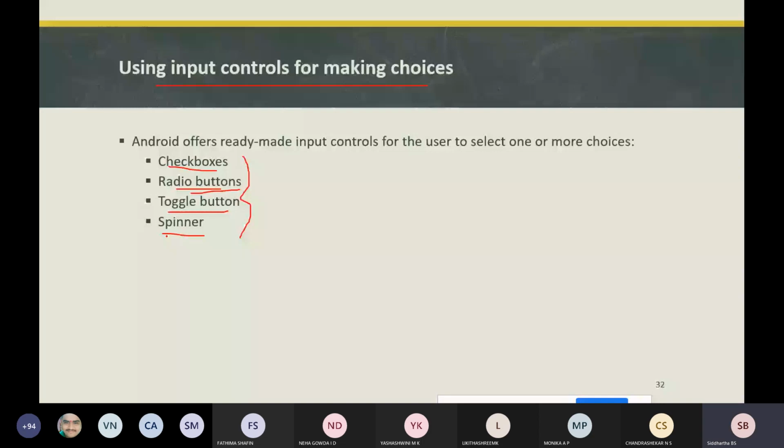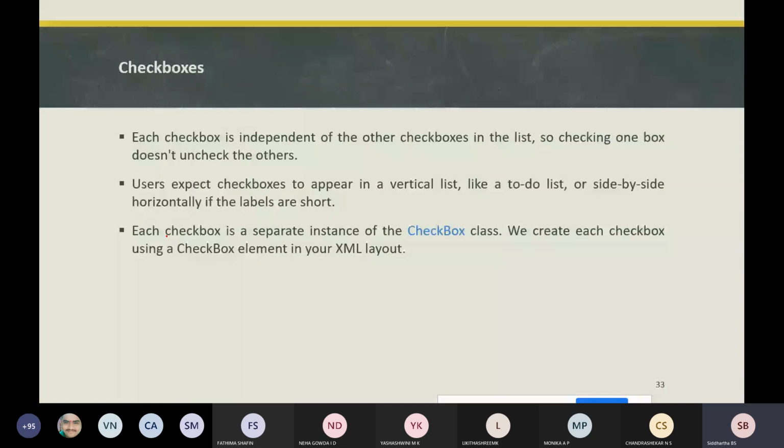Let's see about checkbox. When you use a checkbox, it will have a list of options, a list of boxes, where the user may select any number of choices.